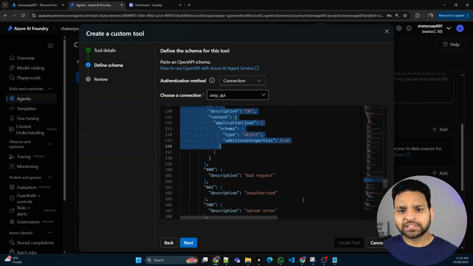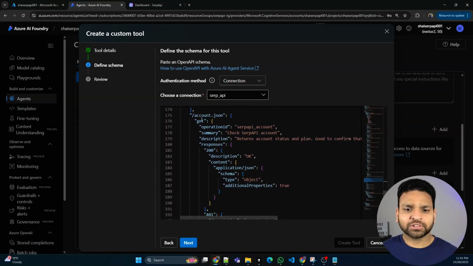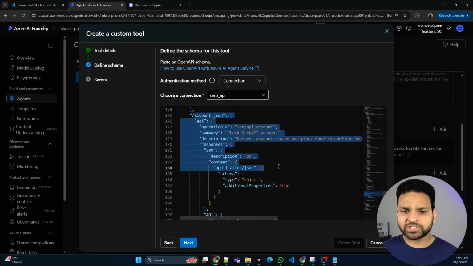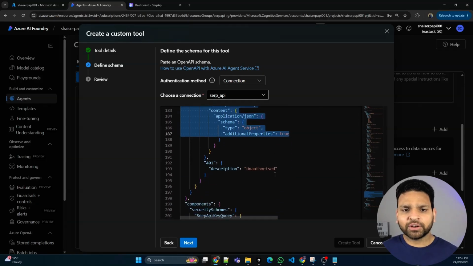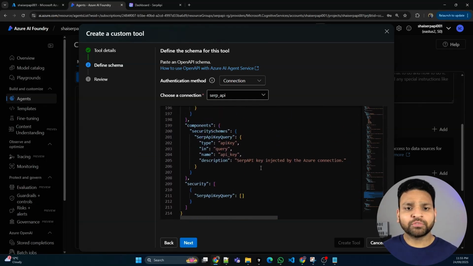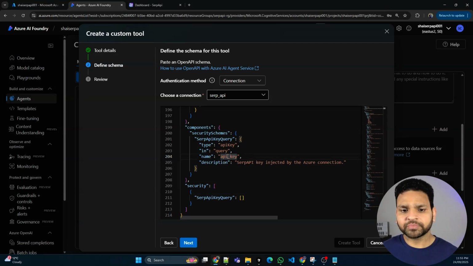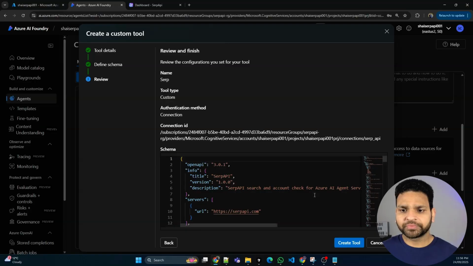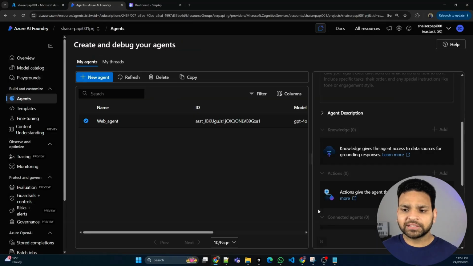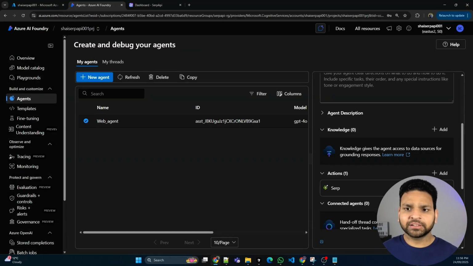Another one is the SERP API account. It checks the account, whether its authentication is right or not. And finally, this is important for you, you have to define which API key you are using. So we have defined API key as the name in this connection. If you have used something else, you have to just change it here in the name. So click on next and create tool, and automatically it will be added. So it's added here. Now let's go back to the playground